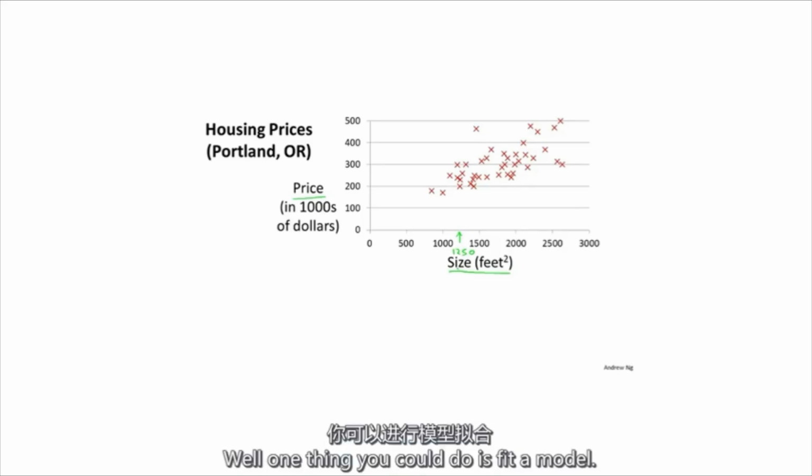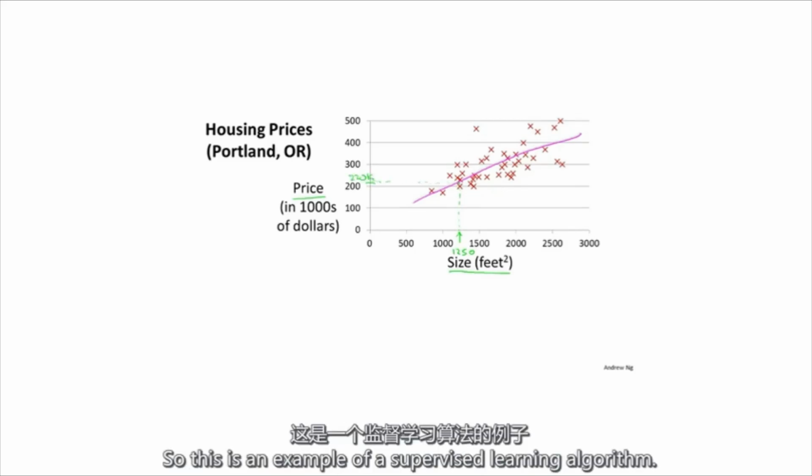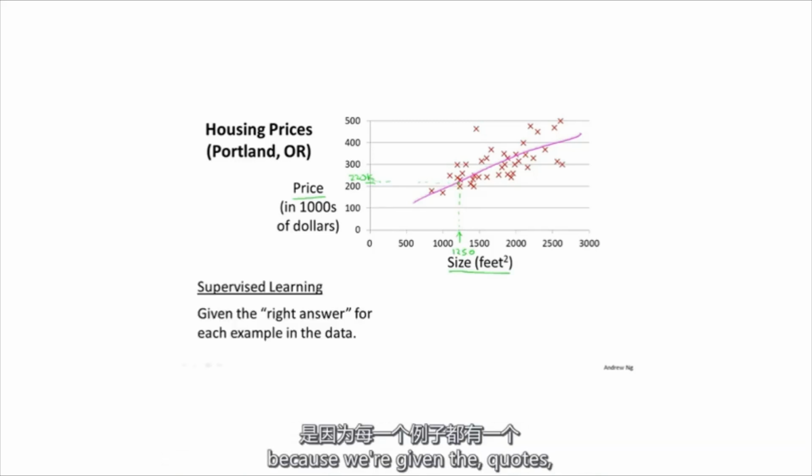Well, one thing you could do is fit a model, maybe fit a straight line to this data. That might look something like that. And based on that, maybe you could tell your friend that it looks like they can sell the house for around $220,000. So this is an example of a supervised learning algorithm, and it's supervised learning because we're given the "right answer"